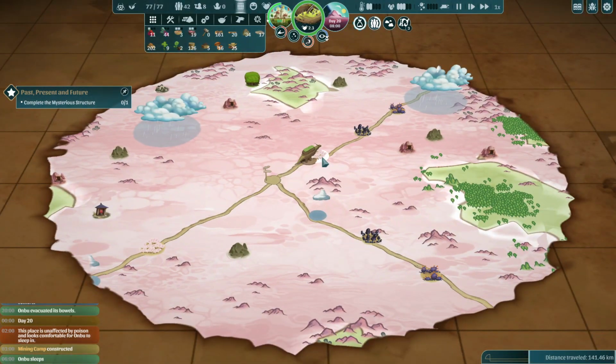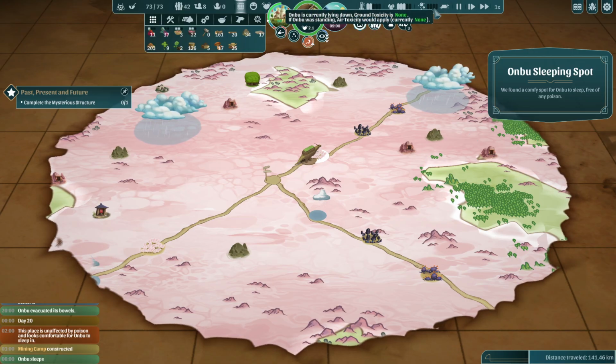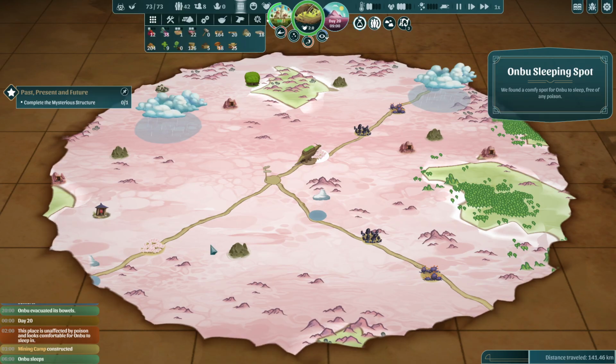Now Onbu's having a nap. There are these spots here, I didn't mention it, Onbu's sleeping spots, where it says it's free from any poison. And those are definitely the areas you want to have Onbu sleeping in if they are poisonous on the ground, because they are free of poison, where everything else could be...